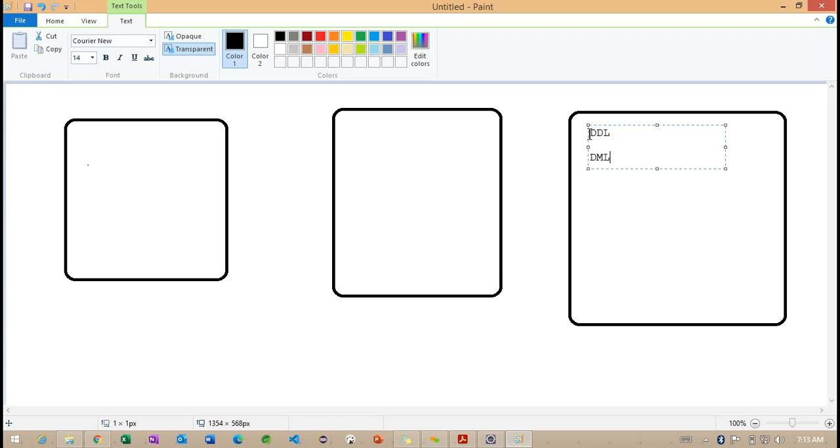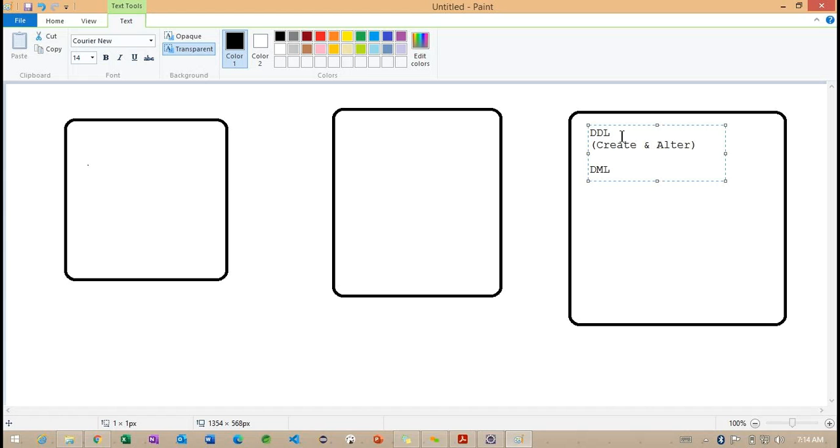So what exactly does this DDL contain? The data definition language. We'll try to create the table, or we'll try to alter the table. So in here we'll have create or alter.